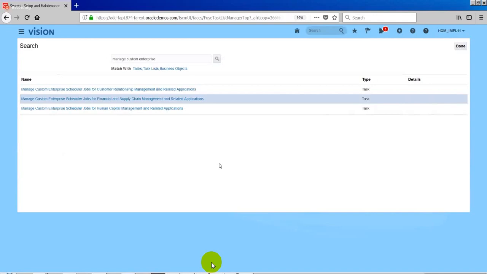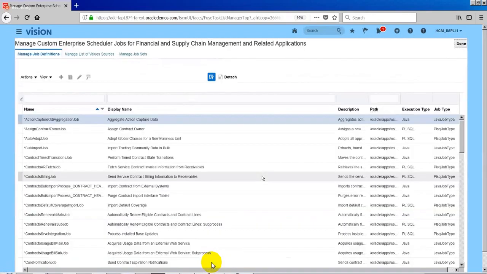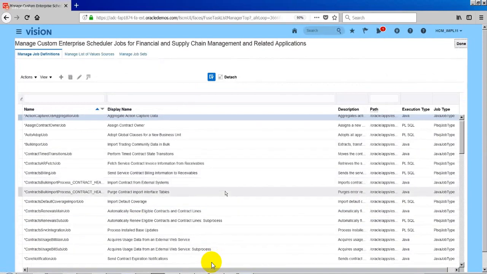When we cannot create our own program units, how can we create custom jobs? We still can, only by using the program units already defined by Oracle. There are many program units already defined by Oracle. You can use those program units and create your own job definition.